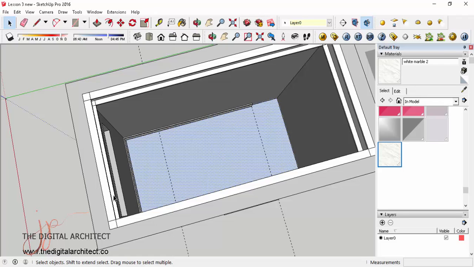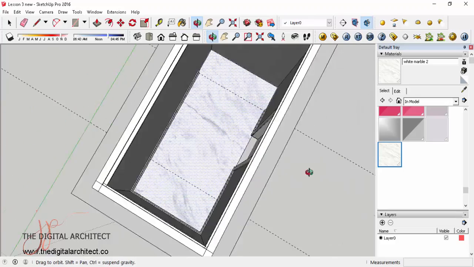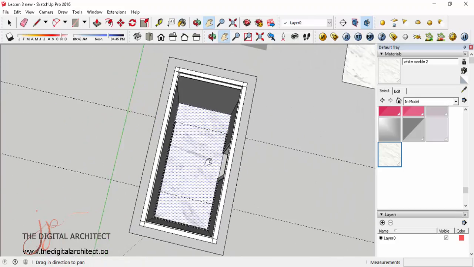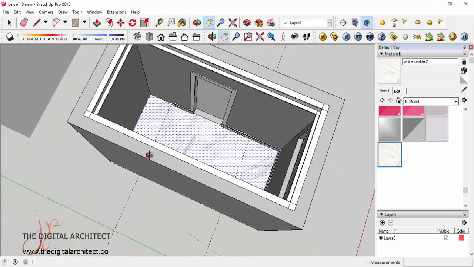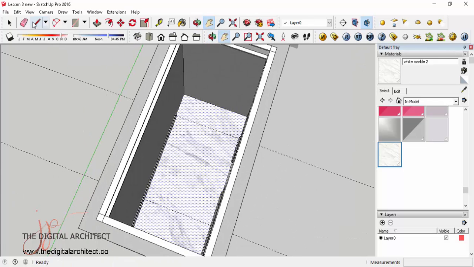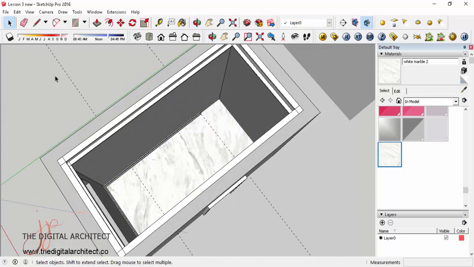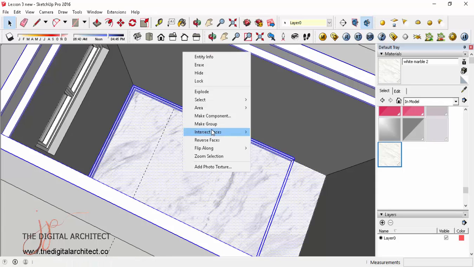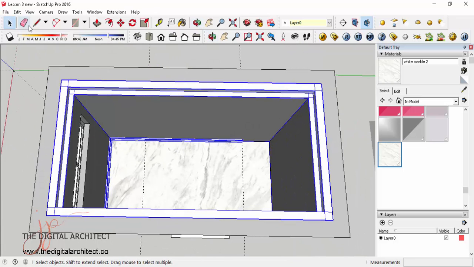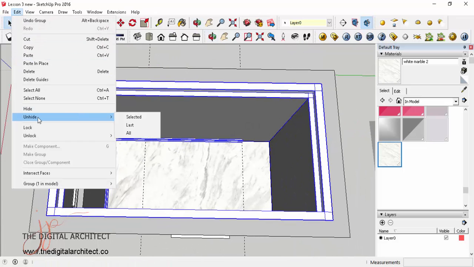So now that we have that, just click on B or select it here, and then paint that as our material. So now we have that as a floor. Okay, now can you see it? Everything is looking a little bit nicer. Okay, edit. Now, okay. Now let's put everything together. Not everything, just the trim and the floor. Make it into a group,